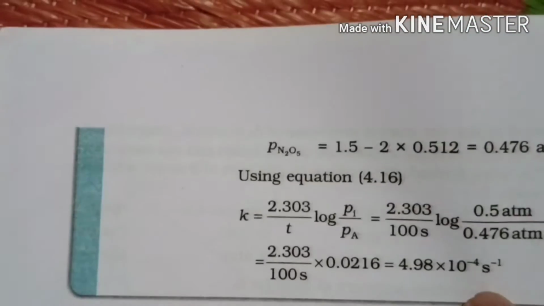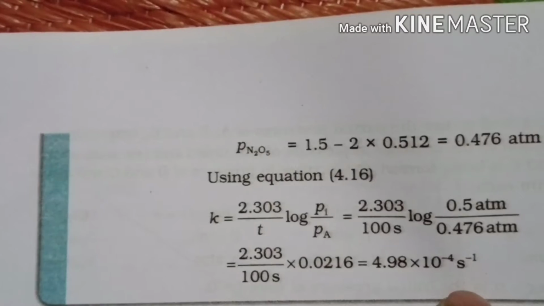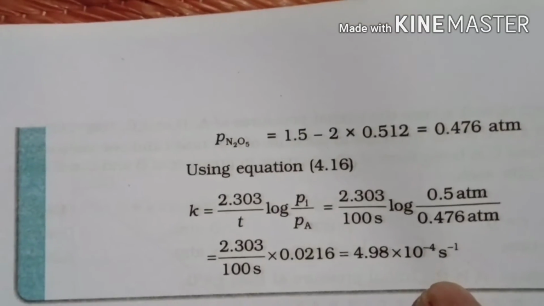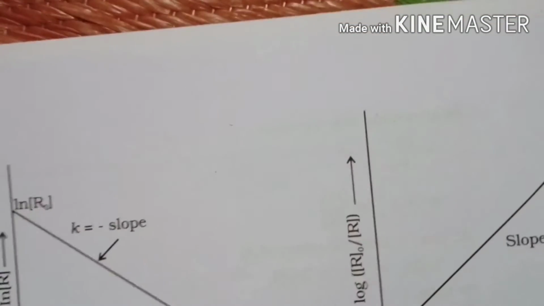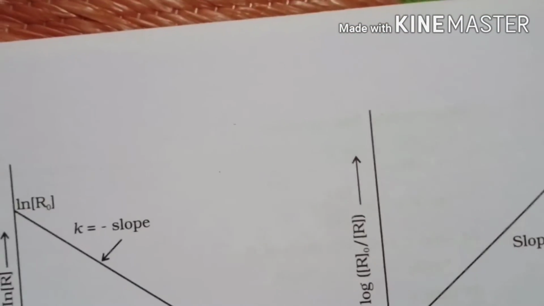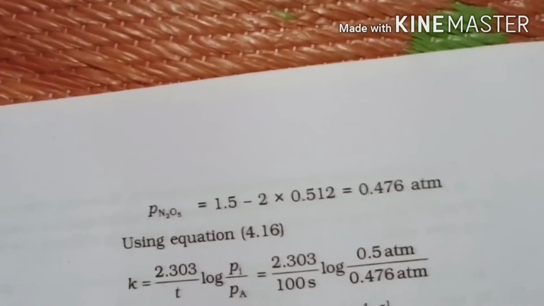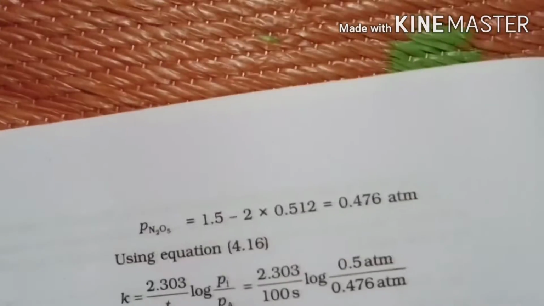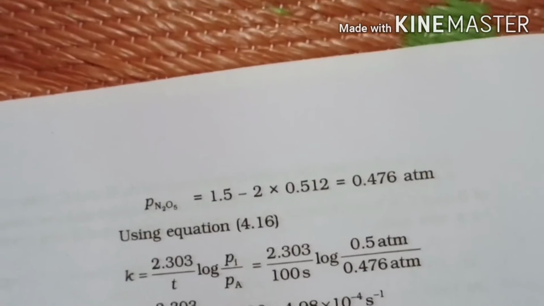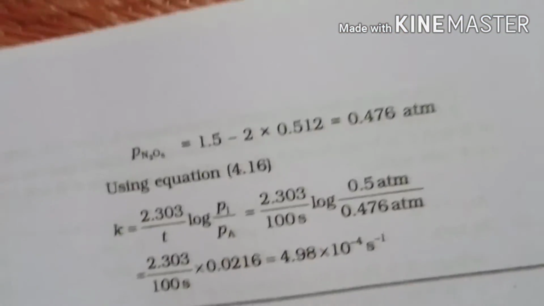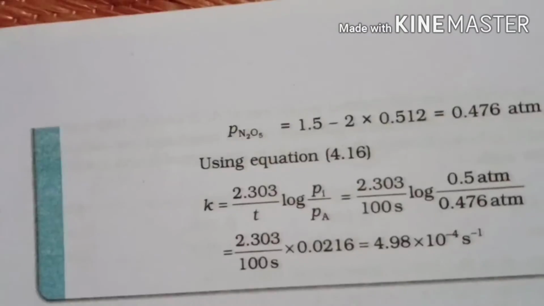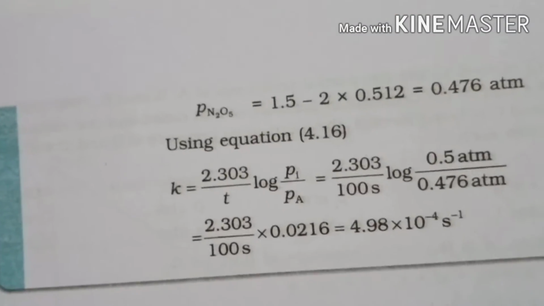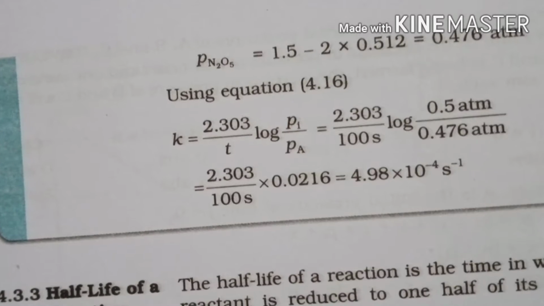So P of N2O5 is equal to 1.5 minus 2 into your PT value. You substitute it, then we get 2 into 0.512. This is equal to 0.476. So using this value we can find out K equal to 2.303 by T log of